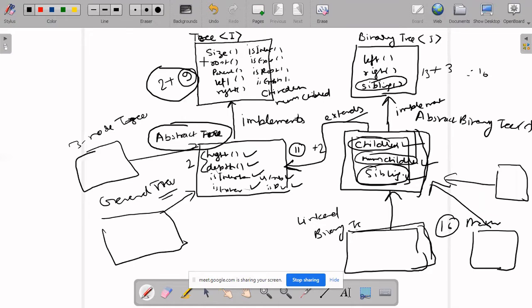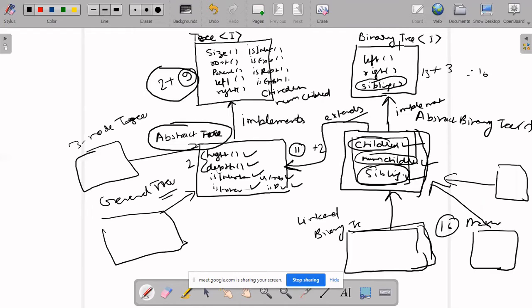So what is the purpose of making this abstract tree? We can directly implement tree also, right? Here implement binary tree, implement tree, and define all the methods here, as I told you earlier.